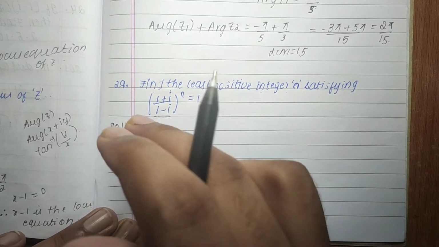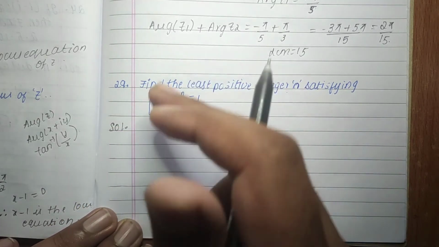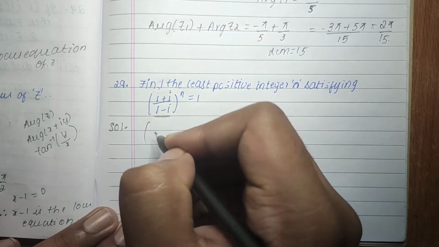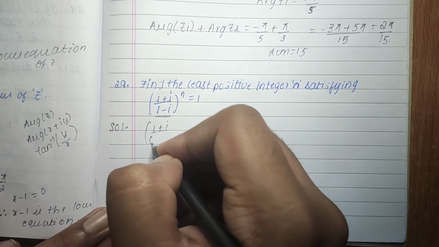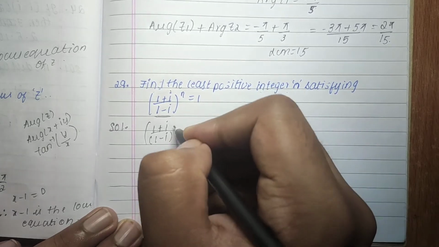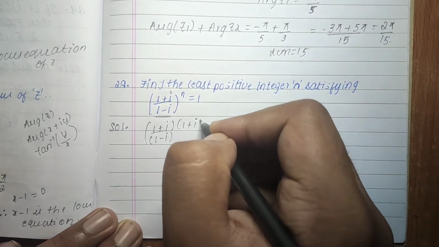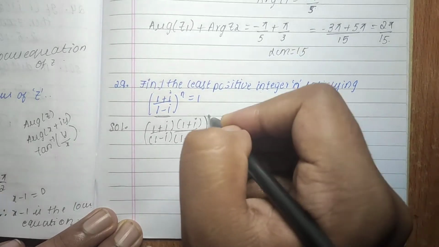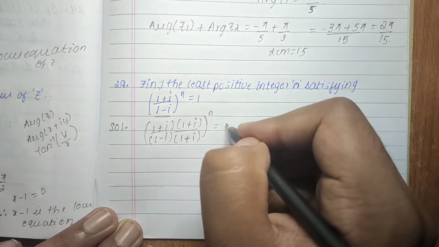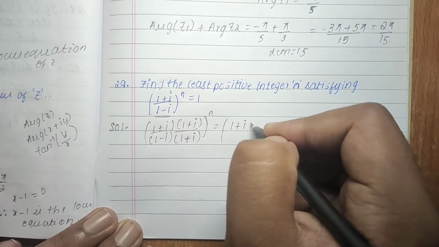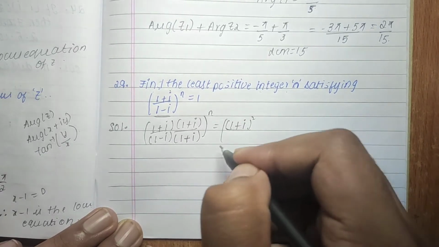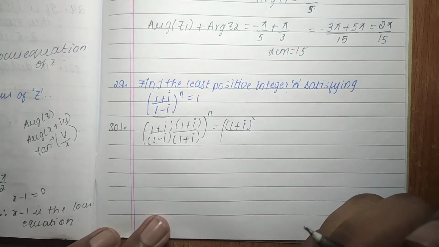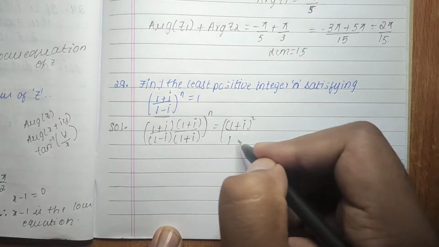So to eliminate i in the denominator, rationalize this term. (1 plus i by 1 minus i) into (1 plus i by 1 plus i), whole power n. That becomes (1 plus i) whole square by a minus b into a plus b, that is 1 plus 1,